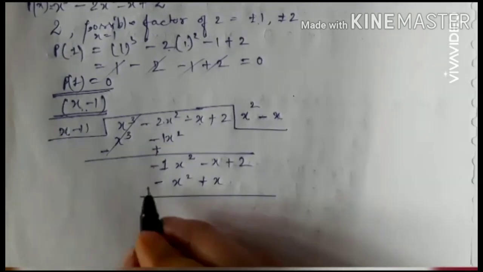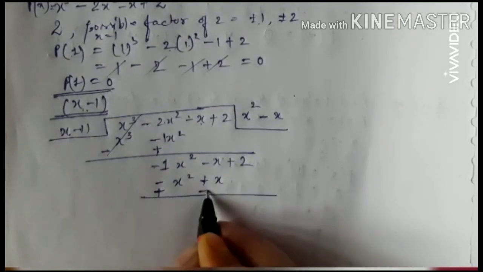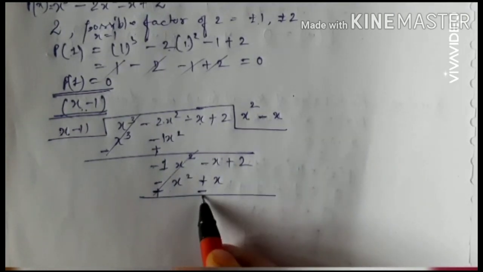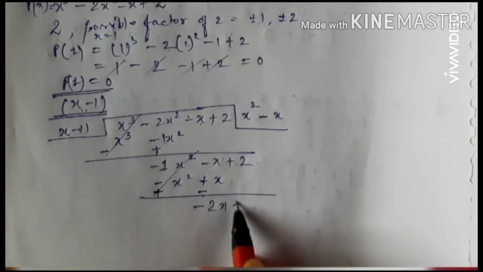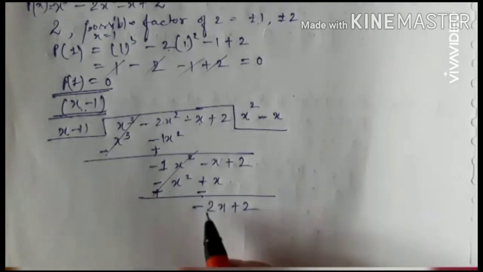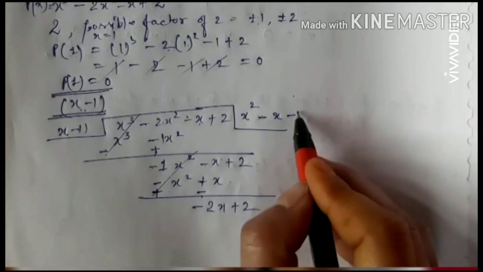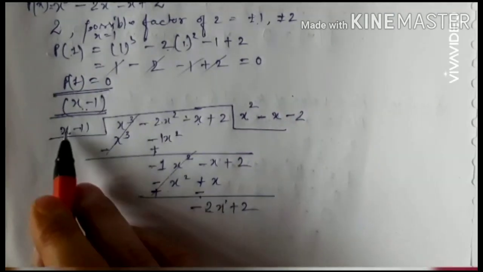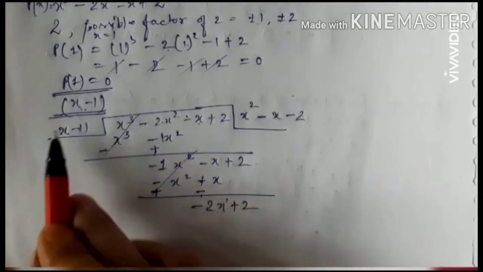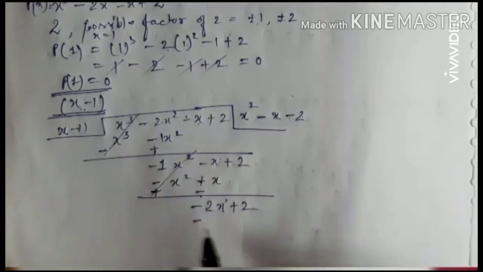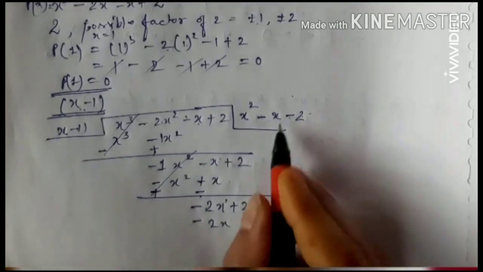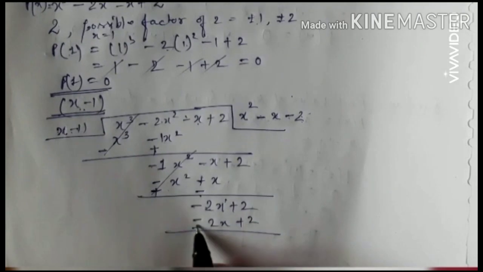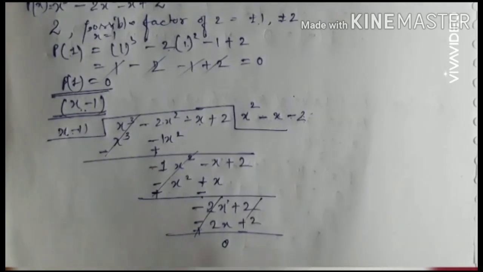Now again changing the sign, minus becomes positive, positive becomes negative, so again these two cancel out, minus minus plus, so this is your 2x plus 2. With this sign you will take minus 2 here, and here x power only 1, so no need to take x. On multiplying, 2 into x is 2x, minus minus plus, 2 into 1 is 2. Again you will change the sign, this gets 0.